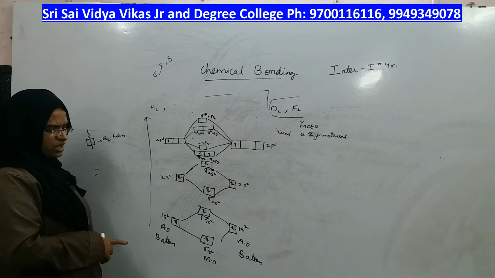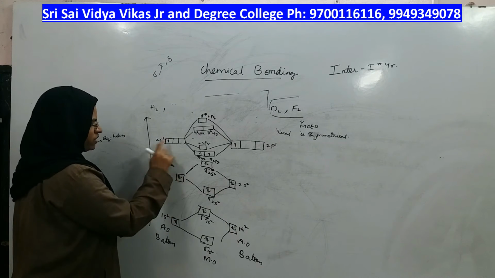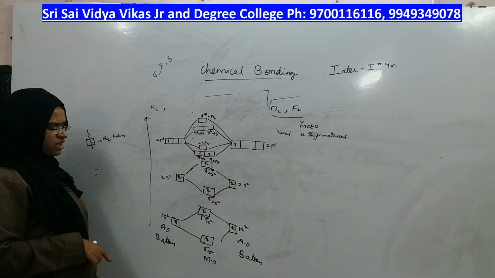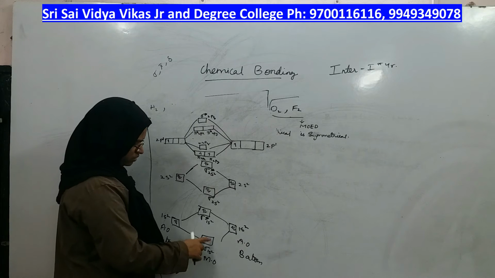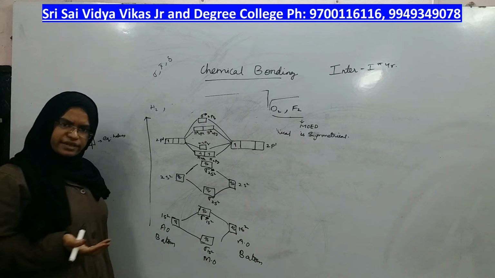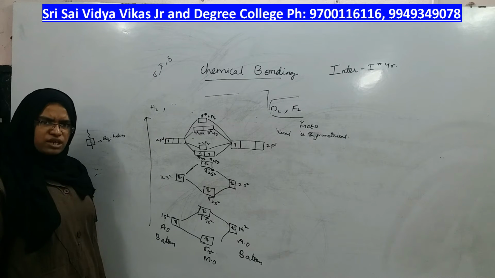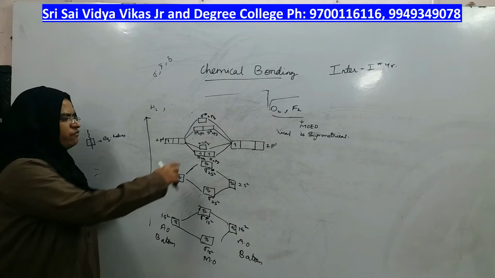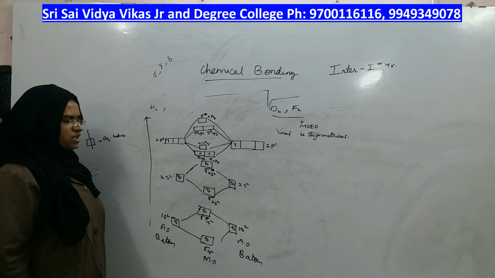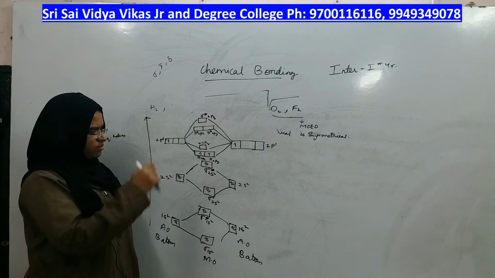Now count the total number of electrons of 2 boron atoms. 1, 2, 3, 4, 5 plus 1, 2, 3, 4, 5. Total 10 electrons should be there in boron molecule also. 1, 2, 3, 4, 5, 6, 7, 8, 9 and 10. Are there any electrons to be filled in the following orbitals? There are no electrons. If it was there, we would have filled the electrons here, and then moved on to the next, right? So following the 3 rules only, we have filled the 10 electrons in this manner.